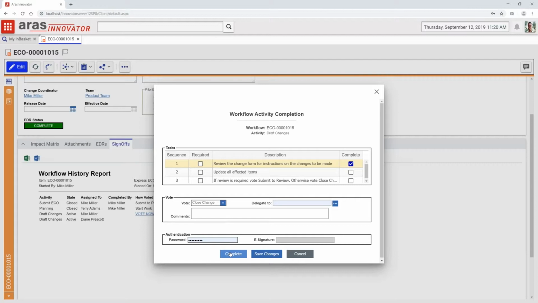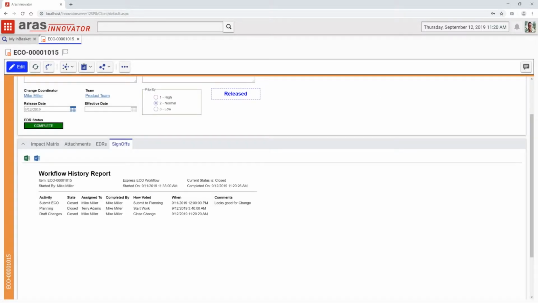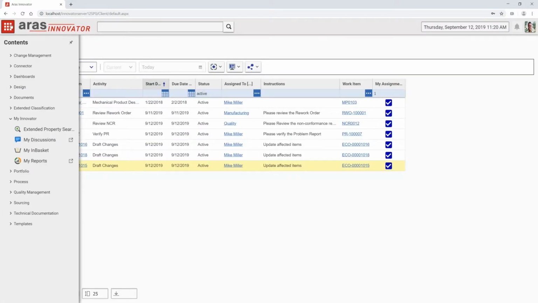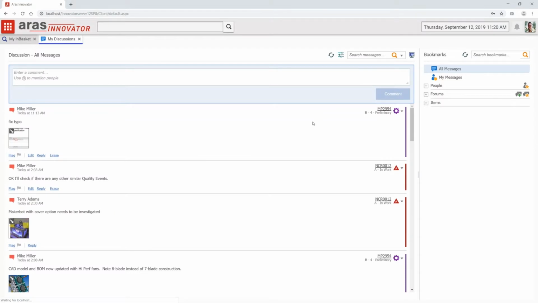That signifies that Mike is now done, and this will now be added to the audit trail. As you can see, it automatically updates. If I was to go back now, down the road, I know I worked on something. Oh yeah, I put that on my bookmarks, so I don't even need to go search. I can go ahead to my discussions.